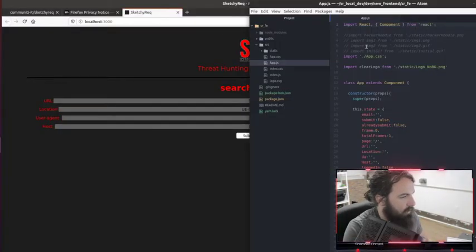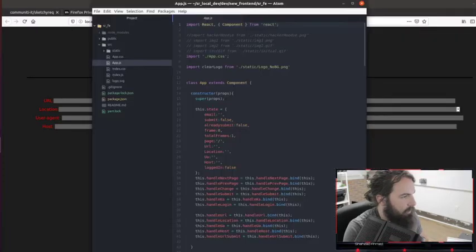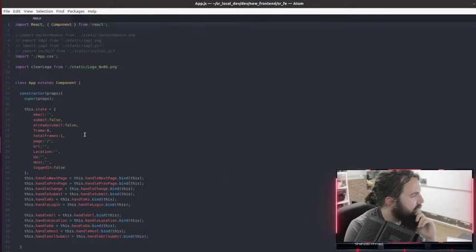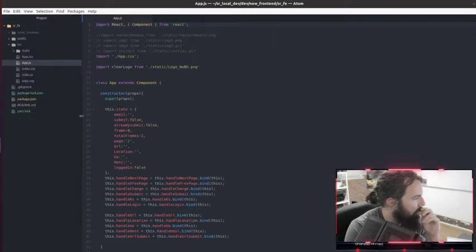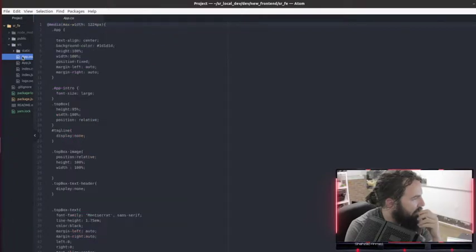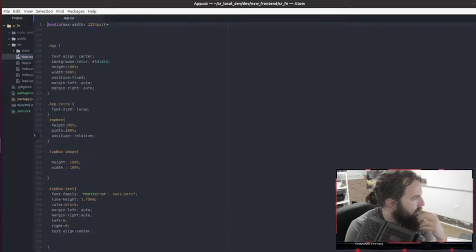So let's throw this. Now we'll have that full screen. Don't need this to be as big as it is, but we need to have it on screen. There we go. So we've got app.js and then app.css. I'm going to be working with the mobile version right now.